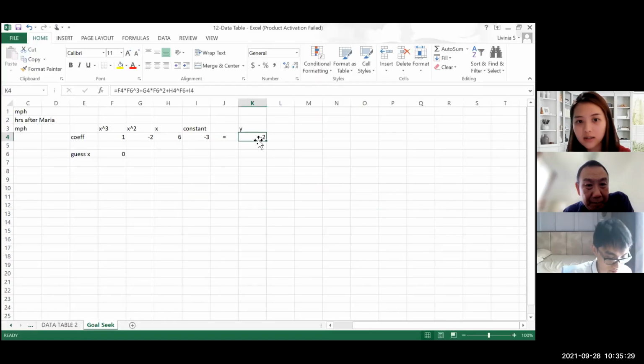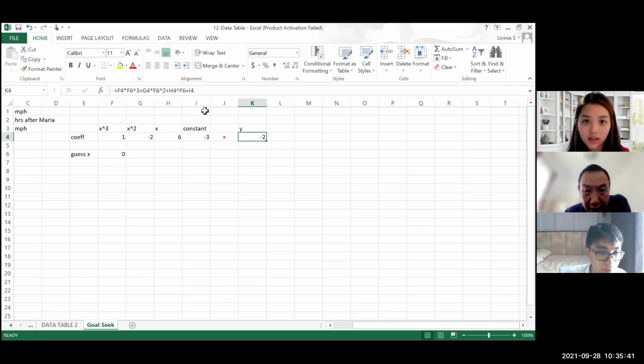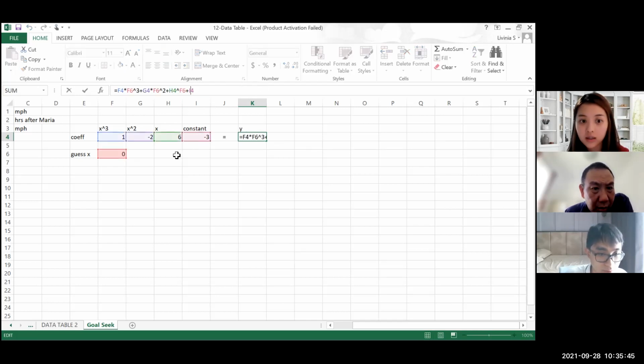Why is it not the same as the result? Not 0. Oh, you did not do Goal Seek yet. Oh, not the same. Wait. 1 minus 2, 3 and minus 3. Is that correct? Yes. Yes. 1 minus 2. So